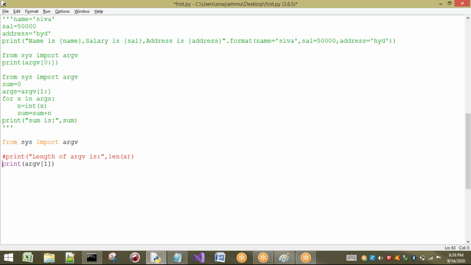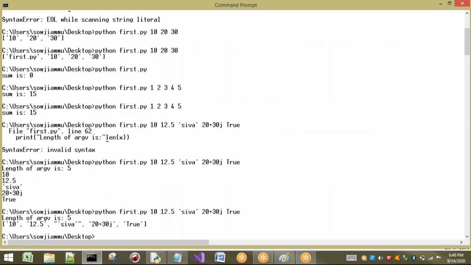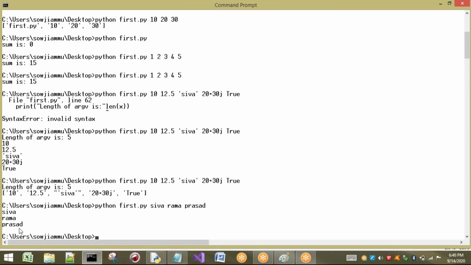So I will take 1, 2, for example 2 and 3. 3 arguments I will take. And if you want to print each and everything individually also, we can print here. How many variables am I going to take here? 3. So consider only 3. For example, Shiva space Rama space Prasad. It is not one argument, it is 3 arguments, because there is a space in between. So what happens? It is printed as Shiva Rama Prasad,